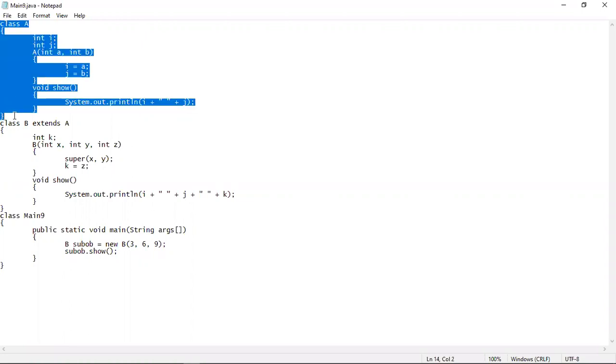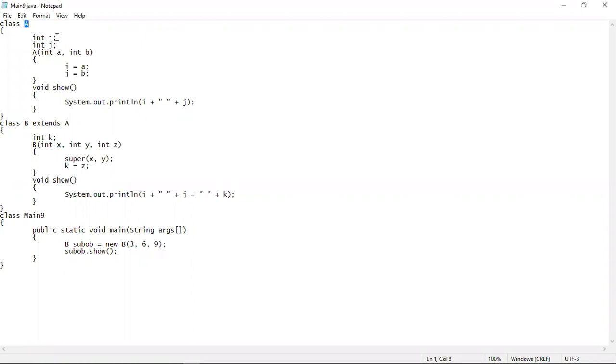This is the superclass, which is class A. These two variables i and j are the instance variables of class A. This is the parameterized constructor for class A, and these are its parameters. Inside it, the value of a will be assigned to the instance variable i, and the value of b will be assigned to the instance variable j. Then a method show will just print the values of i and j.